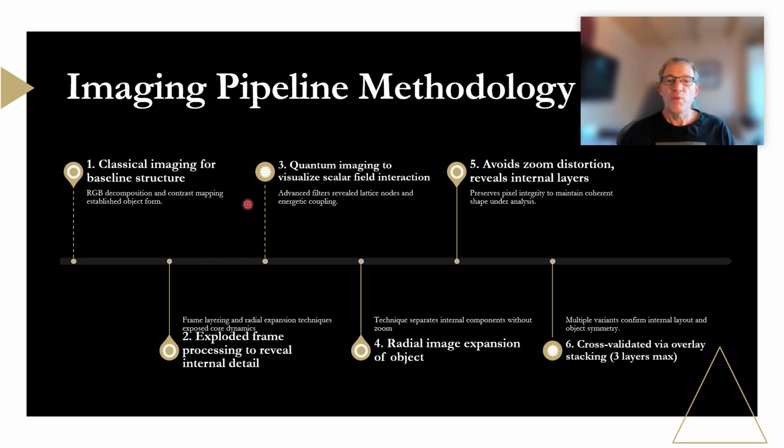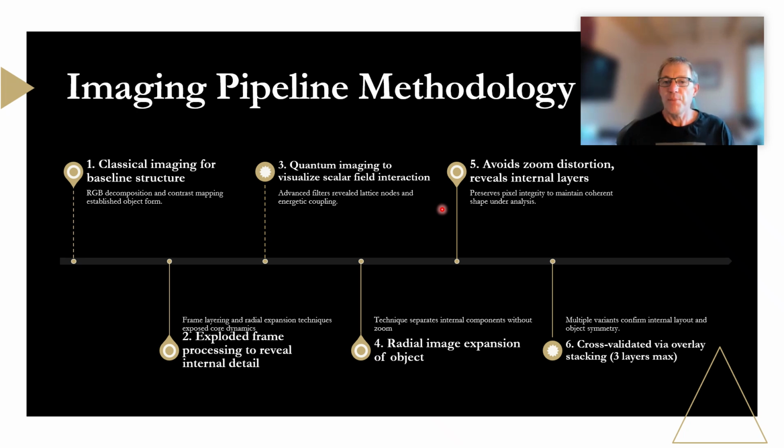We move to quantum imaging to visualize scalar field interactions. That's advanced filters, waveform analysis. So not pixels, actually using waveform analysis to reveal lattice nodes and energetic coupling. We look at radial image expansion of the object to separate the internal components, and that's without using zoom. So we only use zoom last, after we've done these other processes first. Avoiding the zoom distortion reveals the internal layers a lot clearer than trying to zoom in on the object,